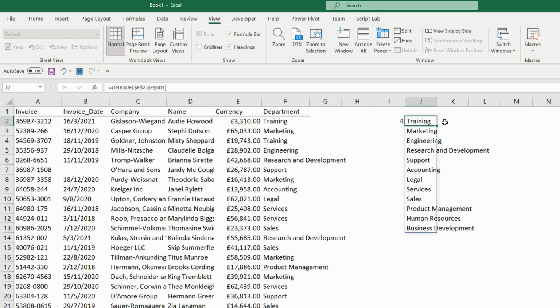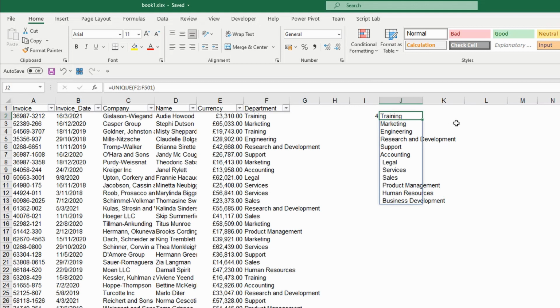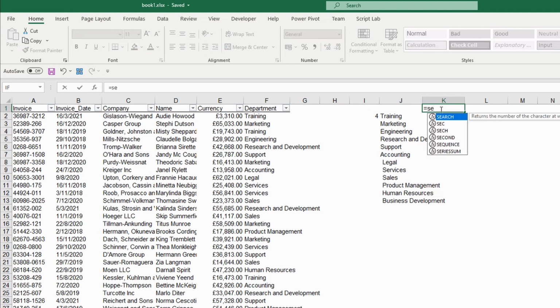But you can start building a table like this, and of course all of this is achievable with a pivot table, but sometimes you don't want to present a pivot table with that specific format, so you build your own. So this is looking more and more like a table. So what I want to do now is to use another formula, that is the SEQUENCE formula. If we go here to the top to K1 cell, and we call the SEQUENCE formula, so equal SEQUENCE,